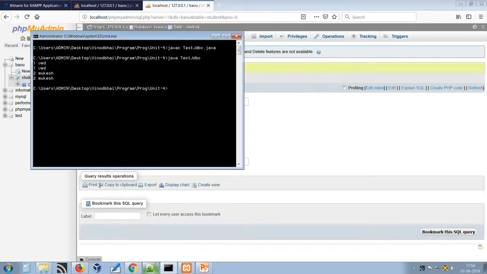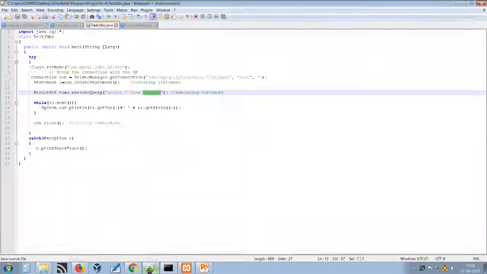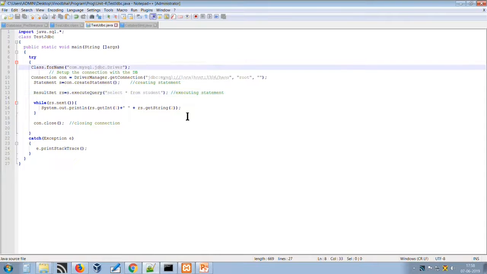So this way we can establish Java database connectivity using the different steps of the java.sql package. So this is all about the java.sql package and the JDBC environment. I hope you have cleared all your points and confusion regarding the JDBC environment and establishing a Java connection with the backend database. We have discussed how to establish database connectivity in Java with a MySQL backend database.